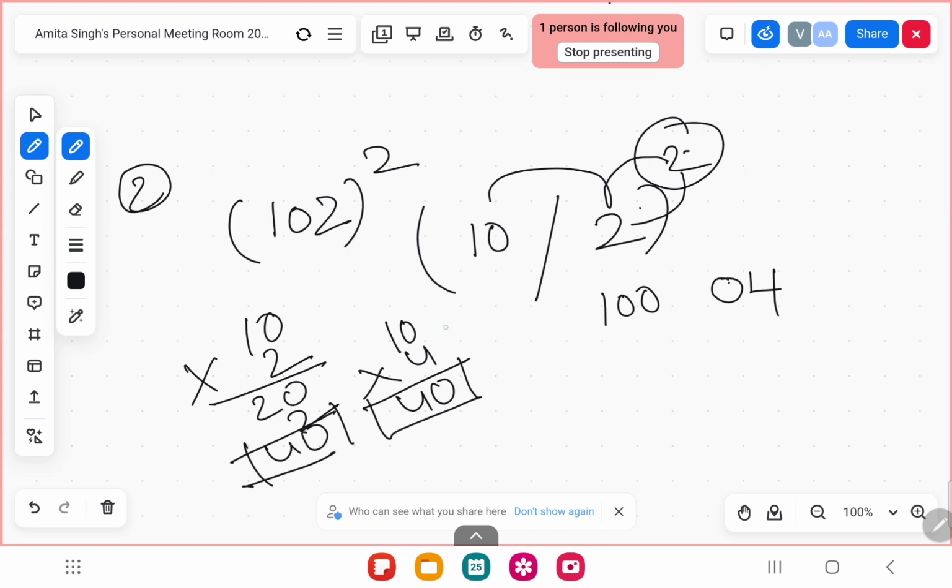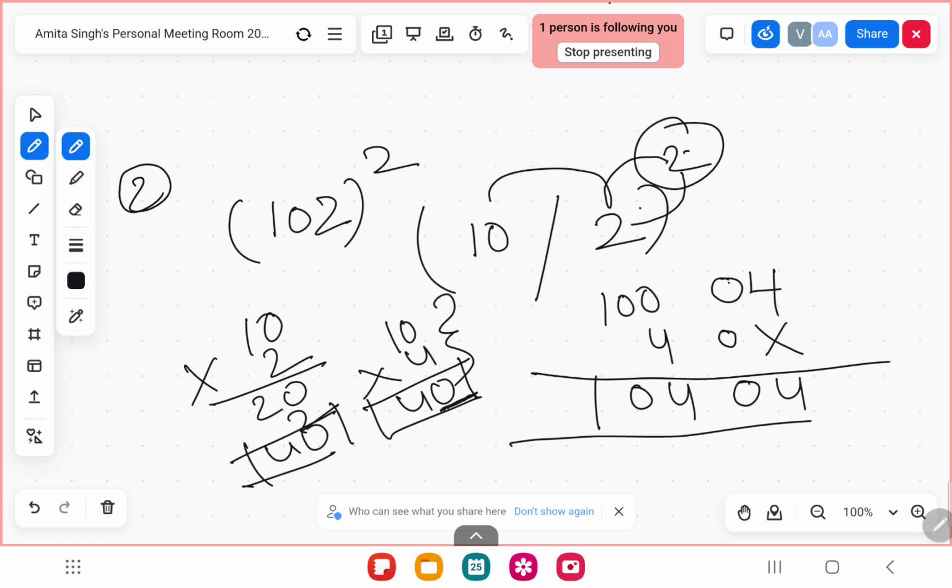And as Sappu said, this is a faster method. Okay, now I got 40. So 40, the 0 of this 40 I have to put over here below 0, and 4 has to be carried. Done. So now 4 0 4 0 1. This is the answer. Am I right?